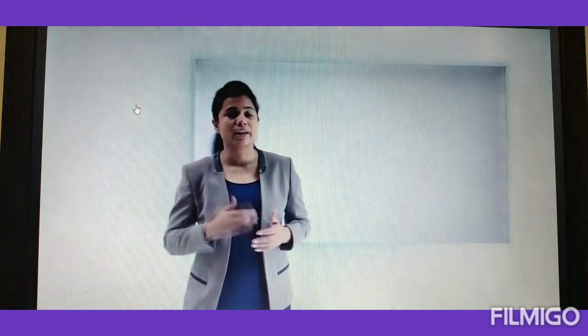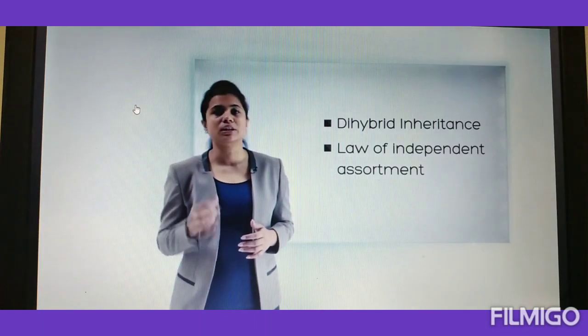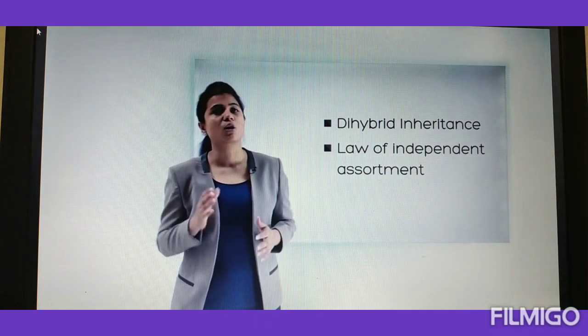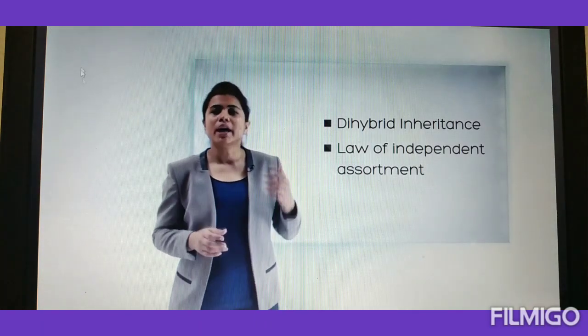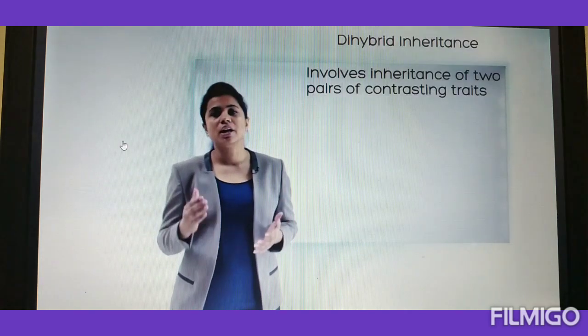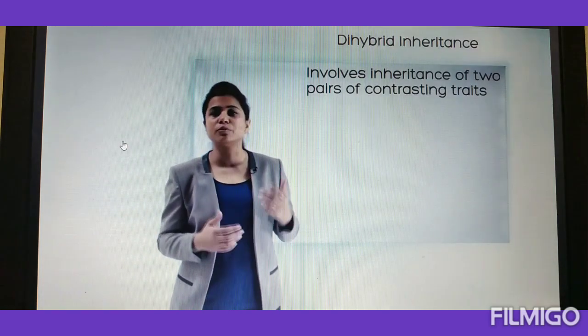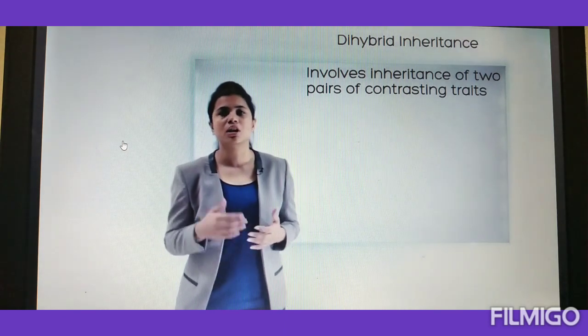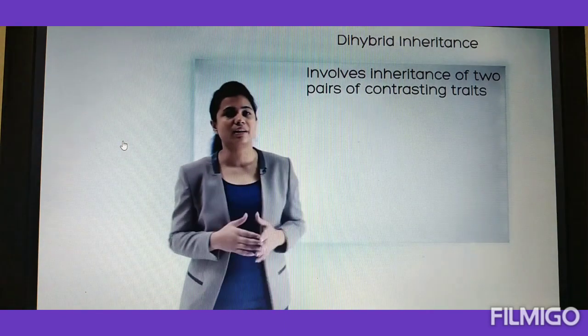Hello everyone. In the last video, we had learned the monohybrid cross of the pea plant and also the law of segregation, which said that out of the two genes, only one gene can be present in the gamete. In this video, we are going to see the dihybrid inheritance and the law of independent assortment. In dihybrid inheritance, it involves inheritance of two pairs of contrasting traits or two pairs of contrasting characteristics at the